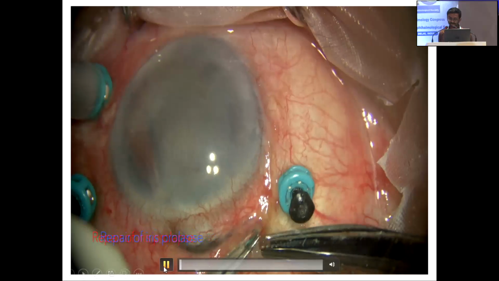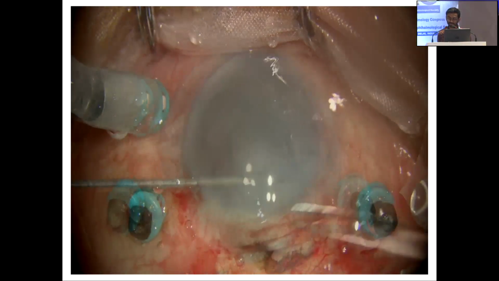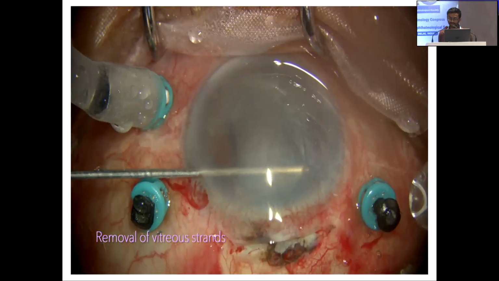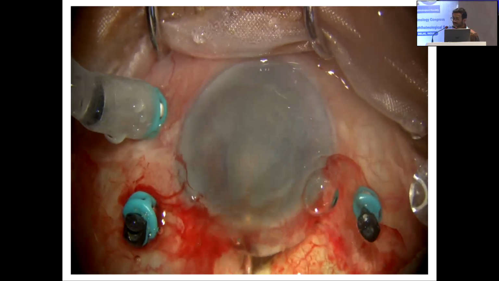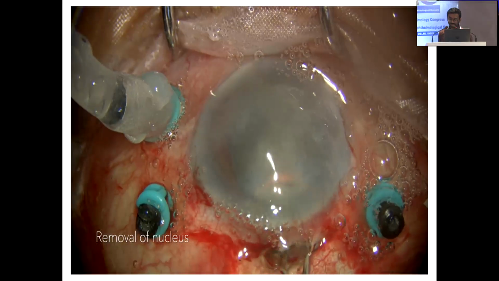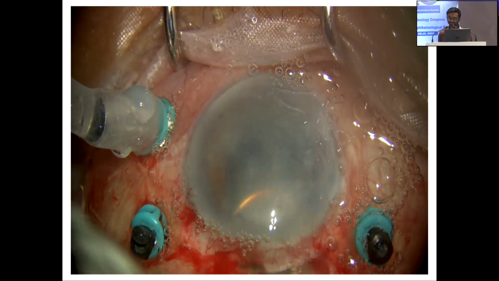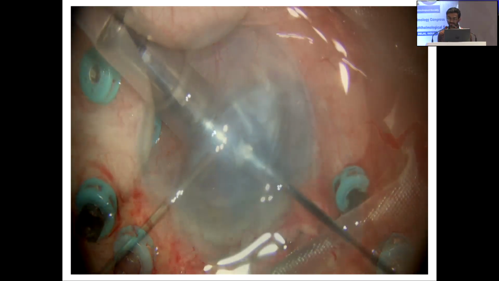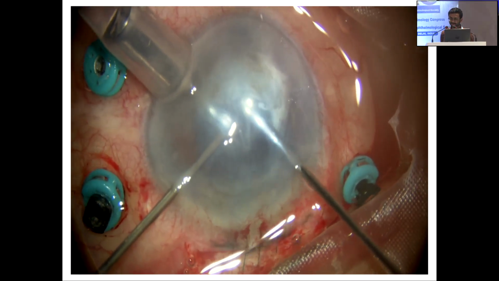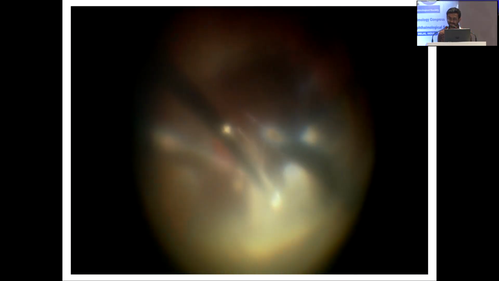At first, wound reconstruction was done with repair of iris prolapse, followed by anterior vitrectomy and removal of vitreous strands. The nucleus was prolapsed into the AC and it was removed with the help of an irrigating vectis. Following that, an AC maintainer was introduced, membrane dissection was done, and severe anterior PVR changes with closed funnel RD